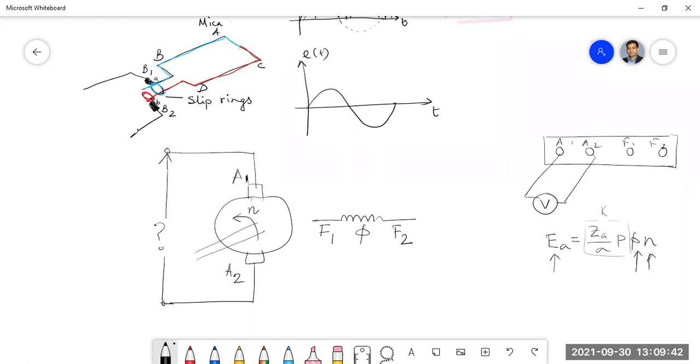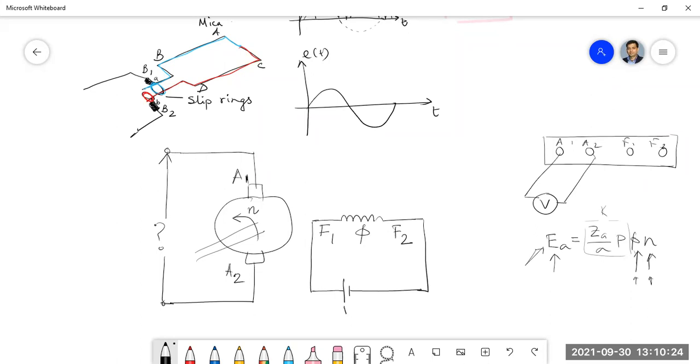Obviously you can explain this from Fleming's right hand rule. You have to provide the flux, that is the index finger. You have to provide the thumb, that is the mechanical motion, and then you will get the voltage as the middle finger. So these two things you have to provide, then only you can generate the voltage. The process by which we generate the flux is called field excitation.